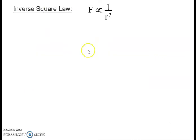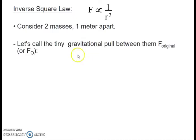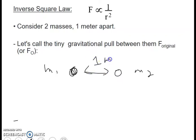Right, let's do a little example with the inverse square law to understand this. Okay, let's consider two masses 1 meter apart, and we'll call the tiny gravitational tug between them F original, or F0. Okay, so here we have two masses, mass 1, mass 2. And if we then separate them, let's say they're separated by 1 meter. If we separate them so that they're 2 meters apart,